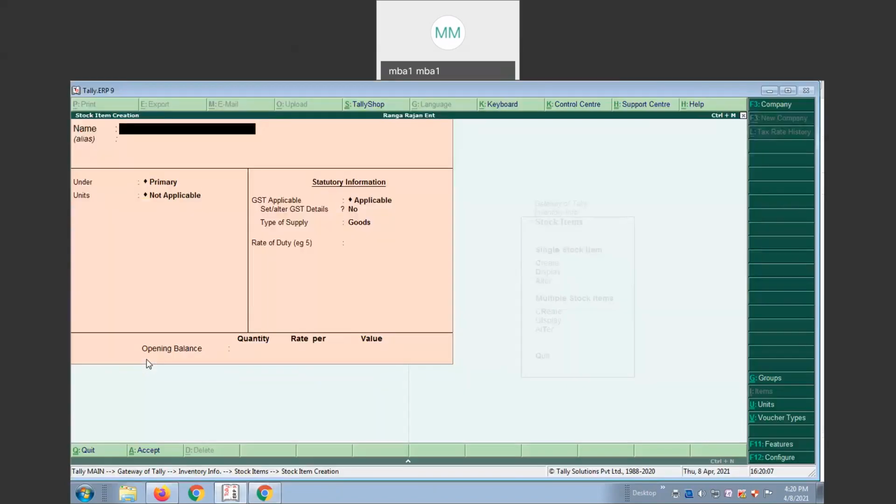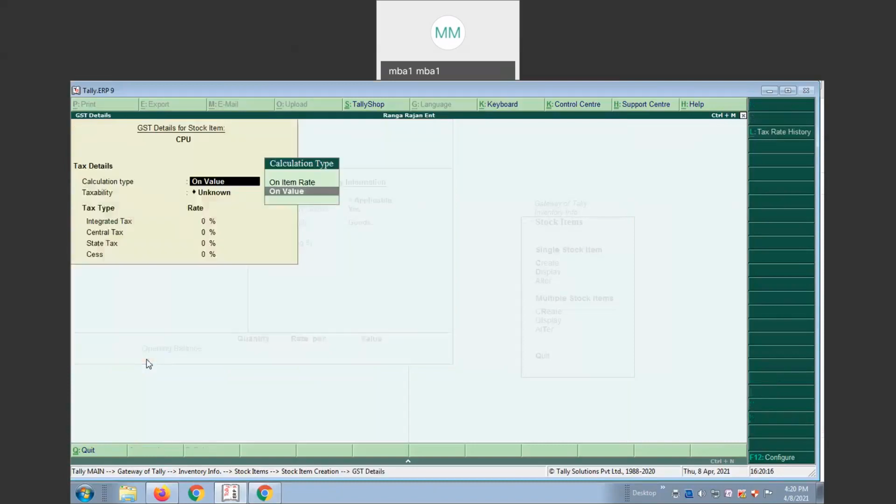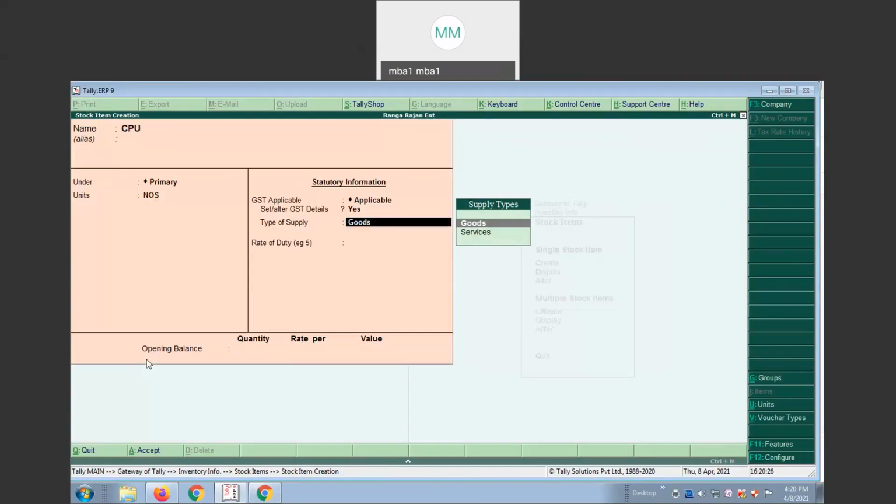CPUs. Units of measure number. GST applicable. Set alter details. Calculation on value itself. Is it taxable? Yes, taxable. Percentage 12%, automatically it will take. And the type of supply is goods. Save it.